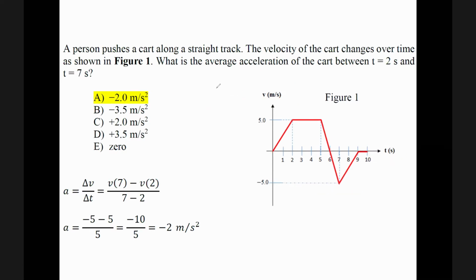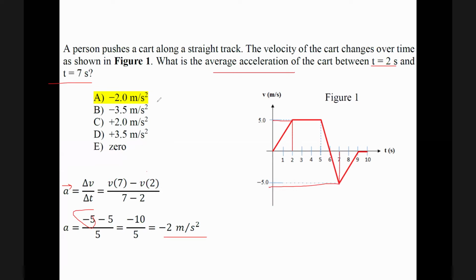Now, what does he want? He wants average acceleration. What's the definition of average acceleration? Average acceleration is V final minus V initial, over time. So V between t equals 2 and t equals 7. I need V at 7. Where is V at 7? It is this one, minus 5. Minus the V at 2. Where is the V at 2? Plus 5. So minus 5 minus 5 gives minus 10, divided by the time between t equals 2 and t equals 7, which is 5 seconds. What should be the answer?